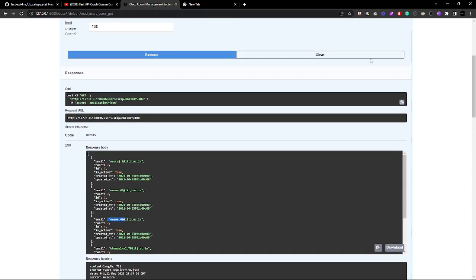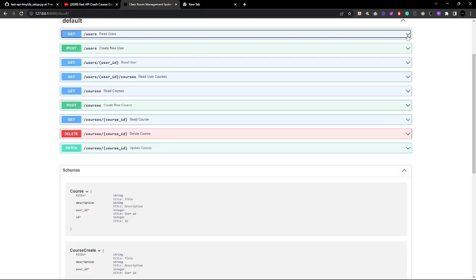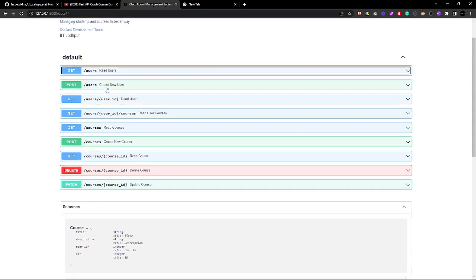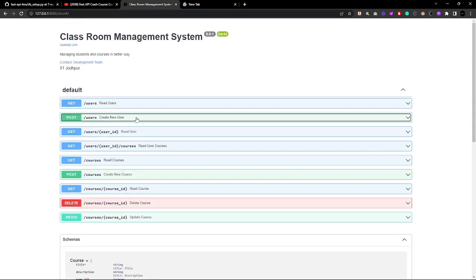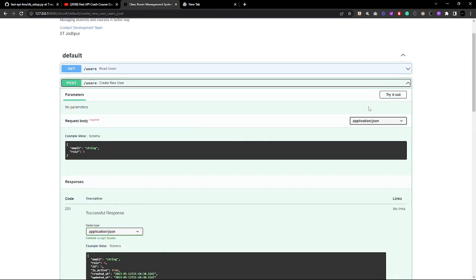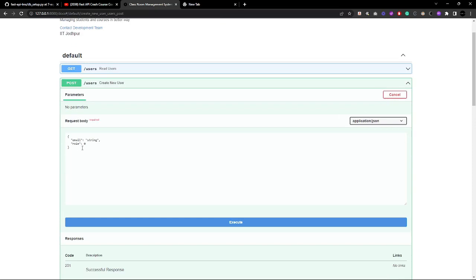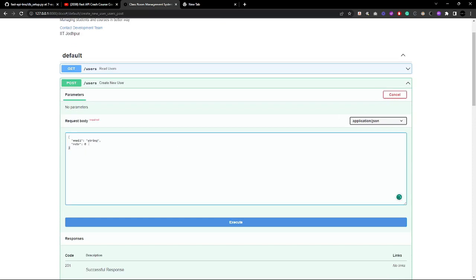Okay, now let's move on to the next route. What we can do is try creating a new user. We have this POST request route, so let's try this. For this, we need the email and the role. Whenever I want to put a user in my backend, in my PostgreSQL database, I need to give this information. For example,